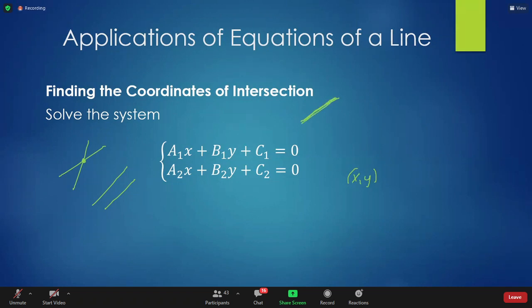And the equations are not always in the normal vector form. You could have any kind of equations for one line, any kind of equations for the other line, and you could still solve the system and check the solutions. One, none, or infinitely many. We will in fact apply this a little bit later